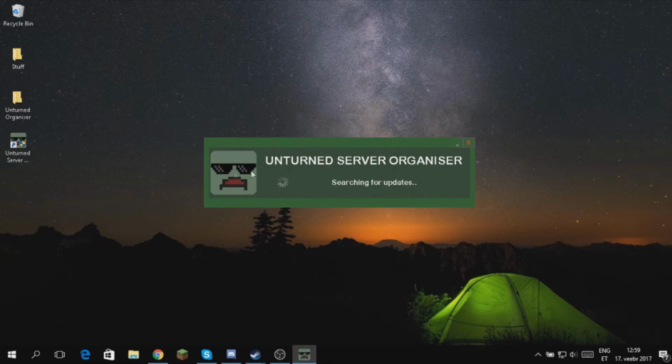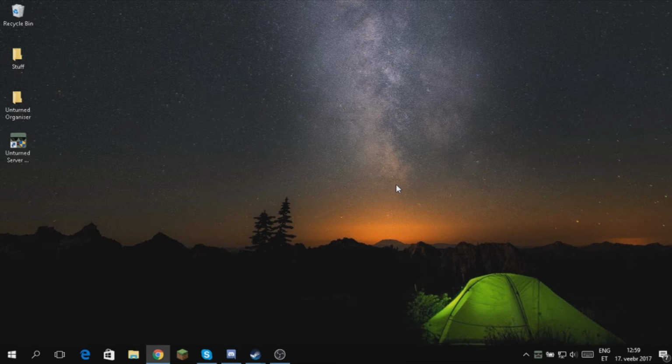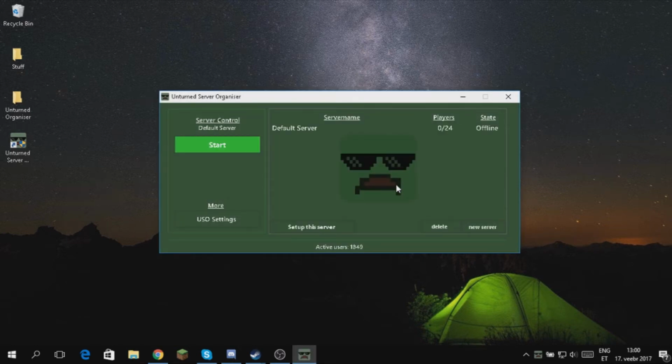It's gonna ask you, do you want to allow this app to make changes to your device, and you're gonna click yes. Then it's gonna load up. It's gonna load up pretty fast for me because I have it downloaded, and this doesn't need to download the files again.